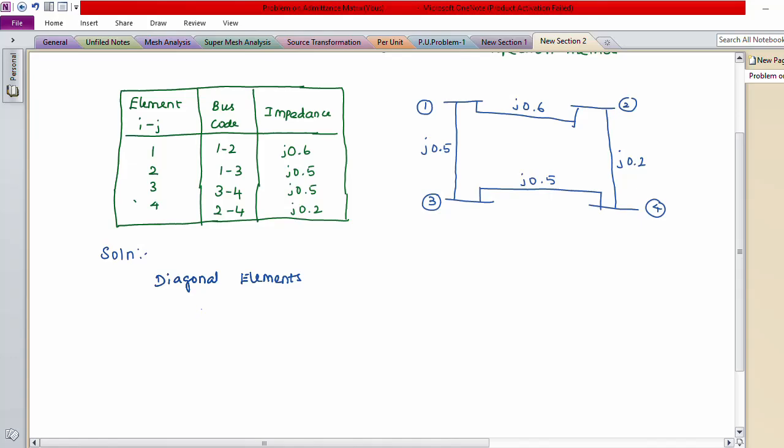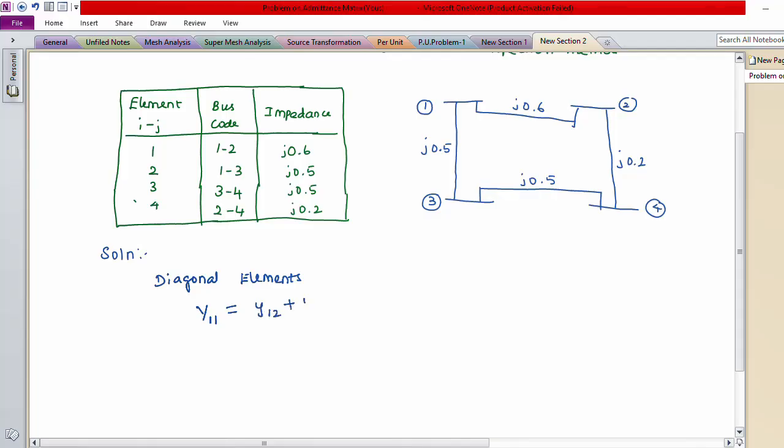Now first we will determine the value of y11. So y11 is equal to the number of elements connected at bus number 1. Now at bus number 1 there are 2 lines connected, that is line 1 to 2 and line 1 to 3. So we have to write y11 is equal to